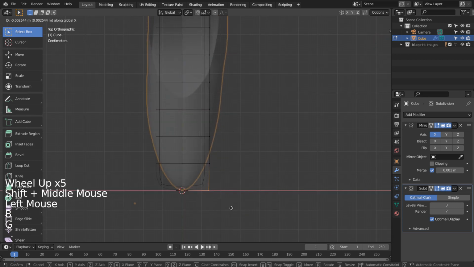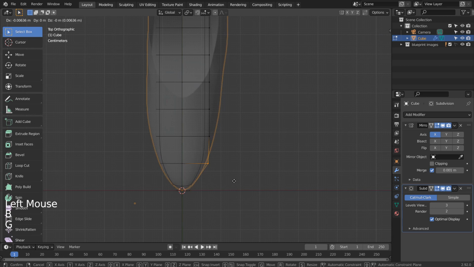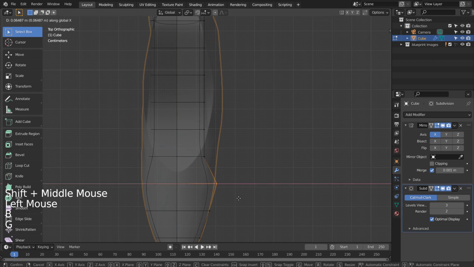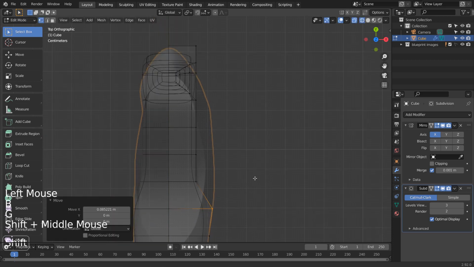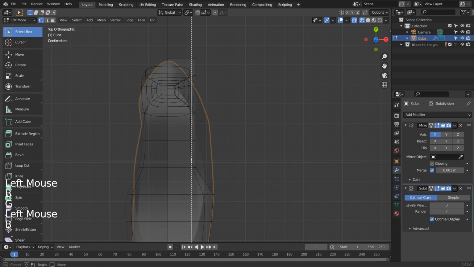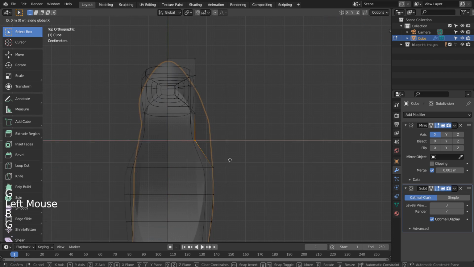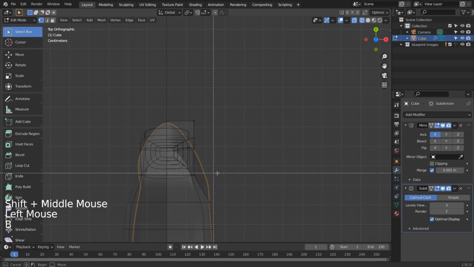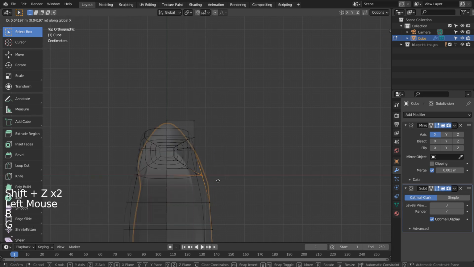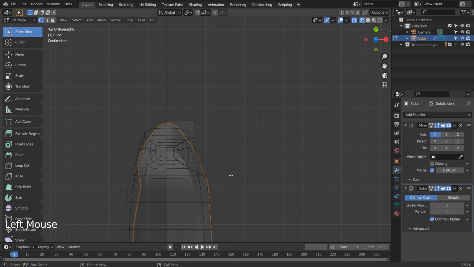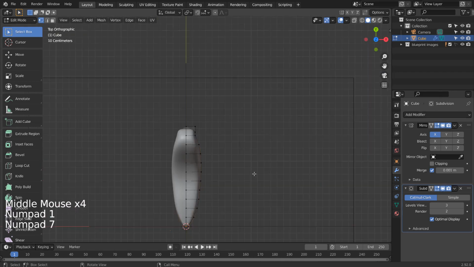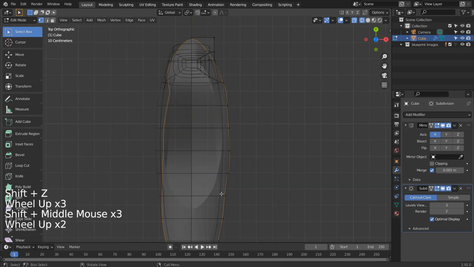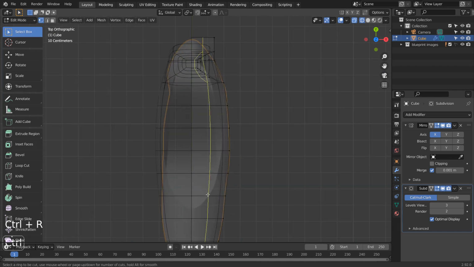Let's move the vertices to match the reference image. Time to add one more loop cut.